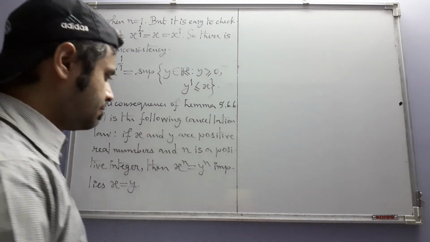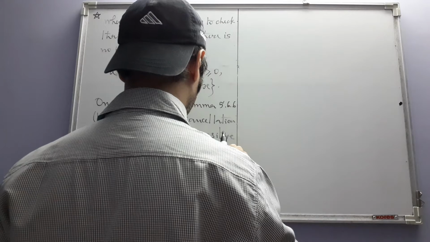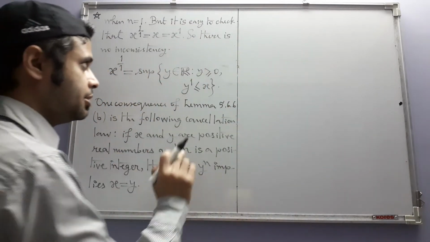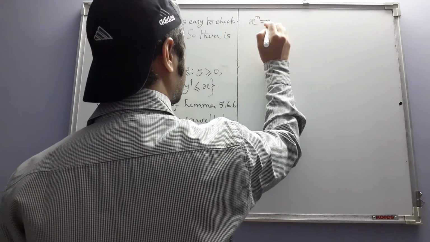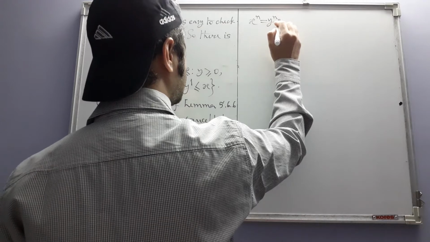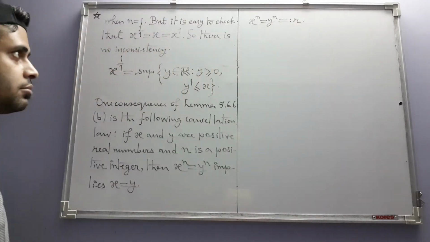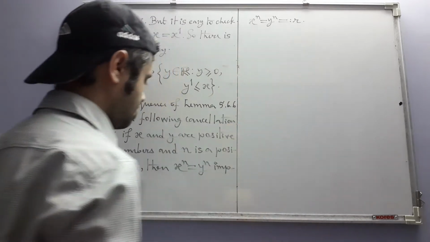Fine. So this equation means this thing. This is a real number. This is some real number. So by part B, since